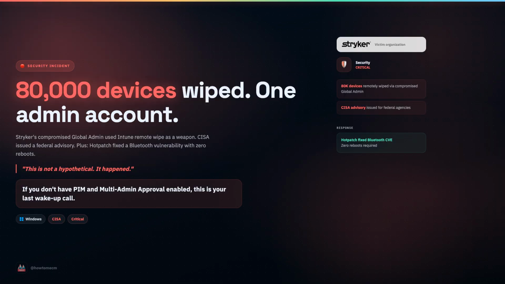This section is sobering. The Stryker incident. A compromised global admin account led to approximately 80,000 devices being wiped. 80,000. This isn't a hypothetical, it happened. If you don't have privileged identity management on your admin accounts and multi-admin approval enabled for destructive actions, this is